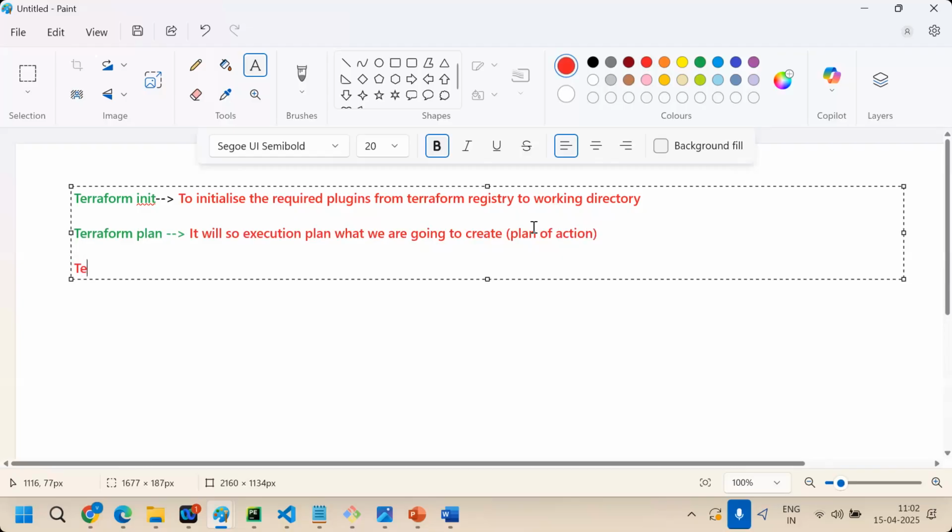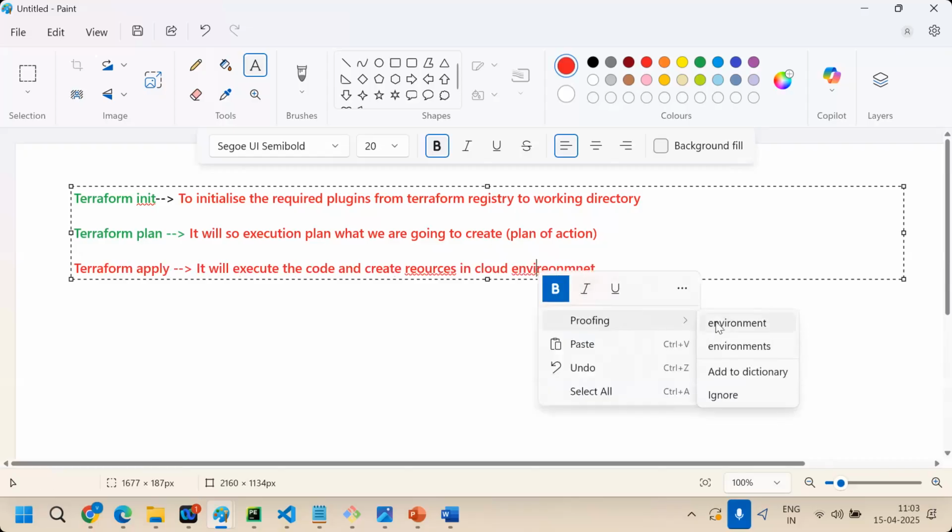Next is terraform apply. It will execute the code and create resources in the cloud environment, depending on which cloud environment.